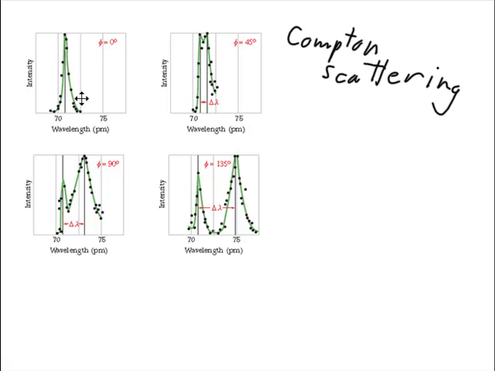is this peak that remains at the incoming wavelength. Somehow or another, some light is scattered away from the main direction without being shifted in wavelength. It turns out that corresponds to electrons that are very close in to the center of an atom, and are tightly bound to the nucleus of that atom and other atoms in a lattice work. As a result, those electrons are not free, and when the photon collides with them,